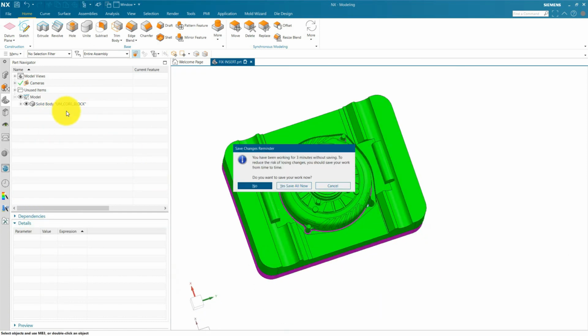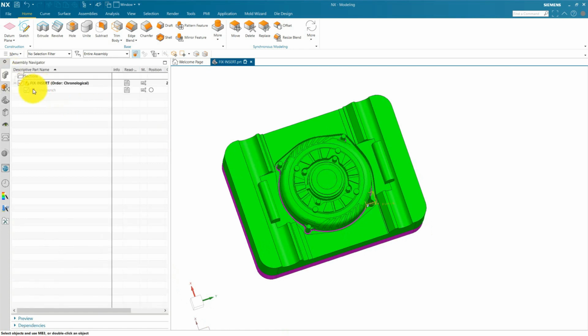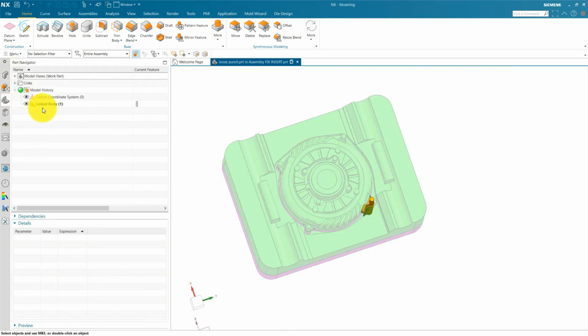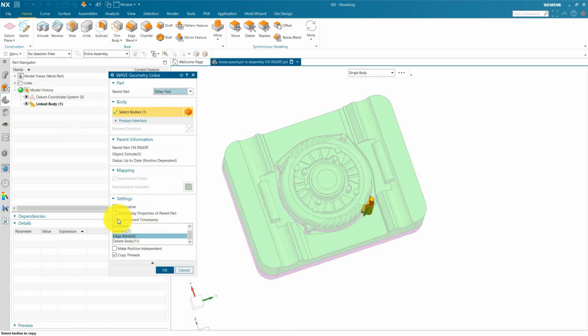In that case we need to use fixed time stream, this option, before delete all, because we use fixed time stream before delete, and then we delete this body from fixed insert, and it will not update here because we use fixed time stream at edge blend.